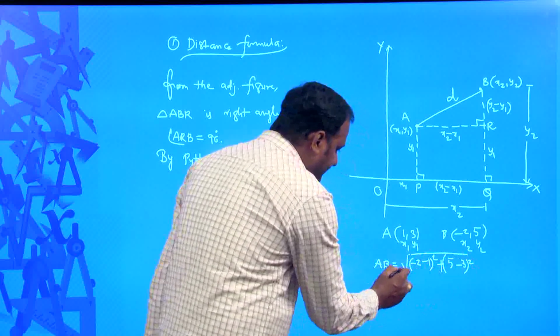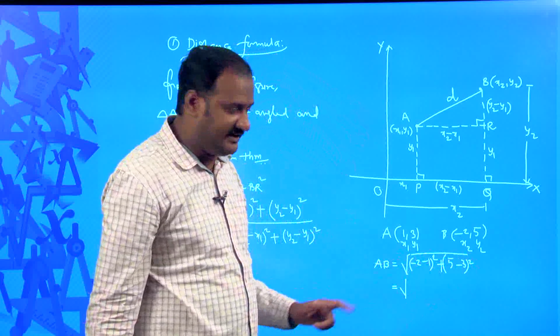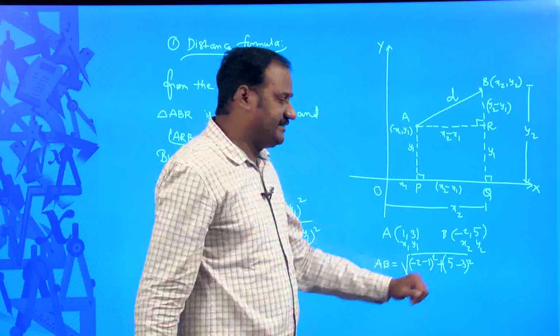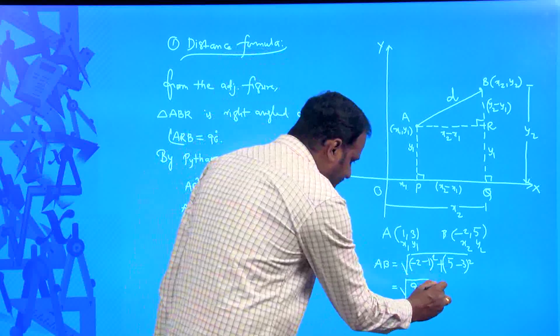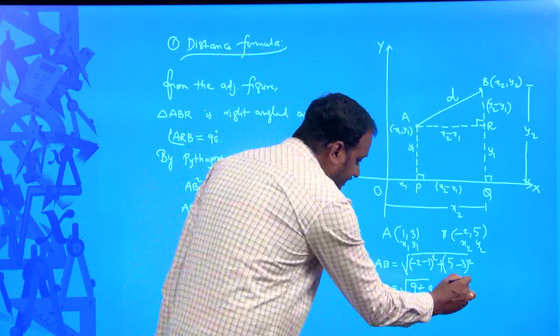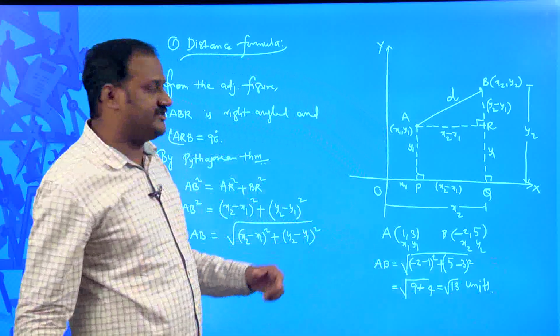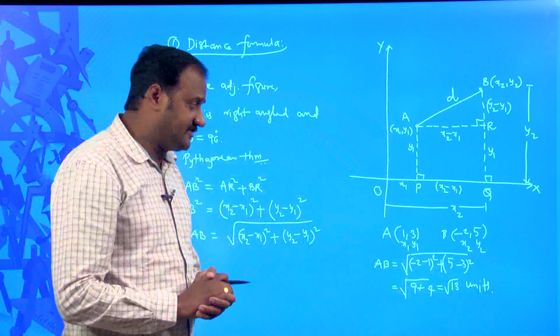So, when you simplify this, you get square root of (minus 2 minus 1) equal to minus 3 whole square, which is 9, plus (5 minus 3) is equal to 2, 2 square is equal to 4. So, 9 plus 4 is equal to 13. So, root over 13 units, you will have to mention units. So, this way you can easily figure out the distance between any 2 points by using the formula